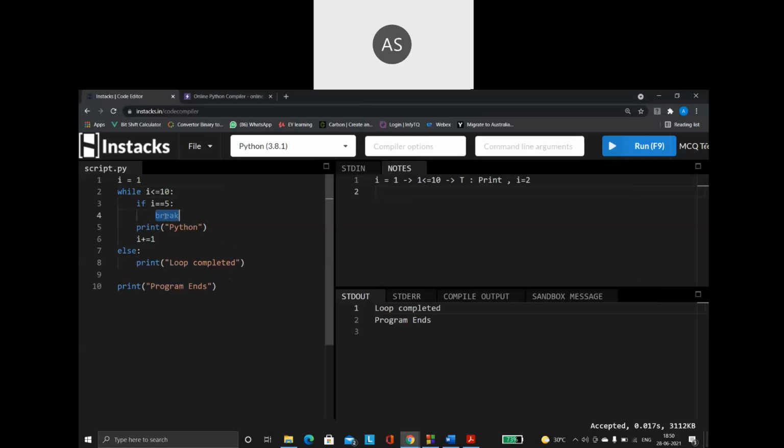I told you what the break is. I told you what the else is. So how is it going to work for me? What is going to happen when I execute this? I told you step by step how it is going to work. So now my question is, the loop is going to break when i value becomes 5. But after breaking out of the loop, where is my control going to go? Which place is it going to go? So how is my output going to be?